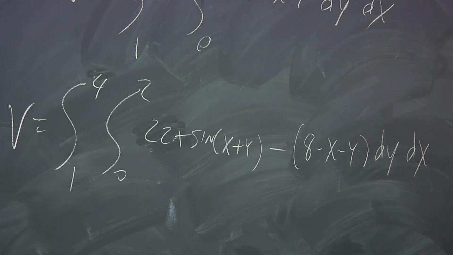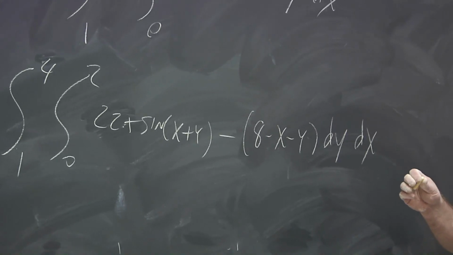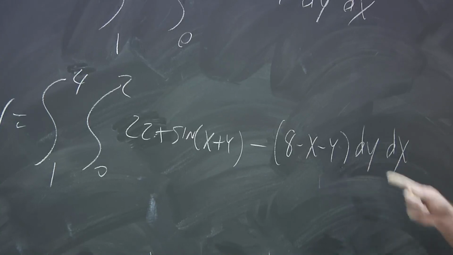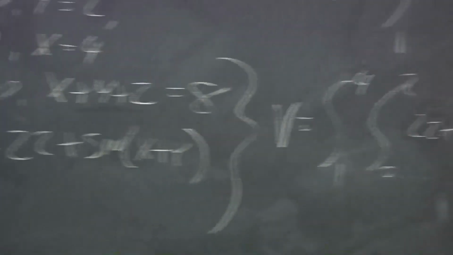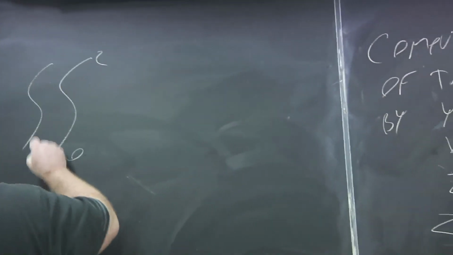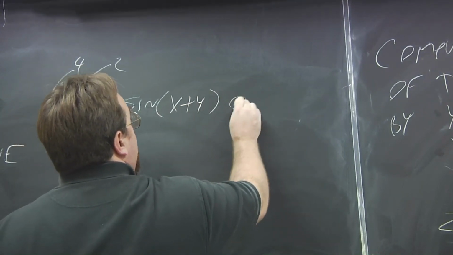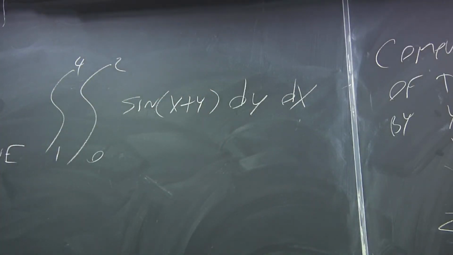Now, let's take a look at just one piece of this, because almost everything here is going to be quite simple to integrate, and what we had here, this is no different than what we saw in the last example. So let's not do that. But let's focus on this part right here. So integral from 0 to 2, integral from 1 to 4, sine x plus y dy dx. So